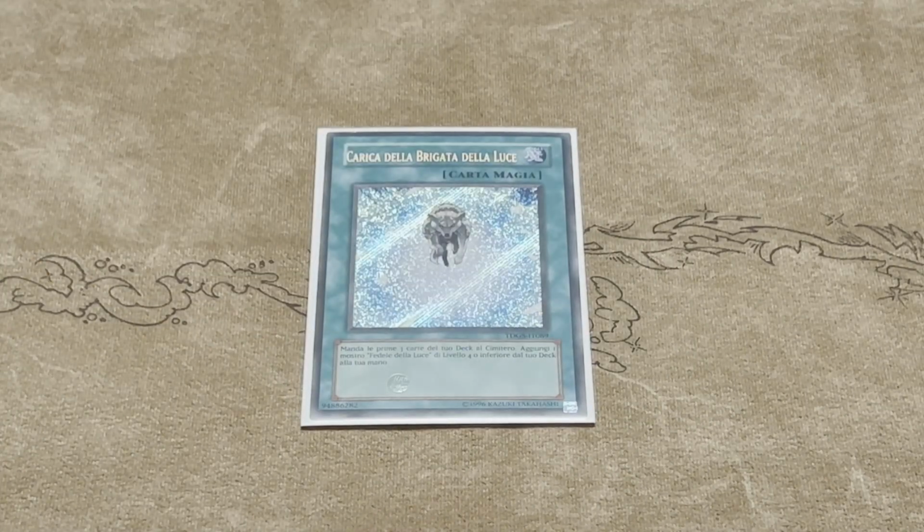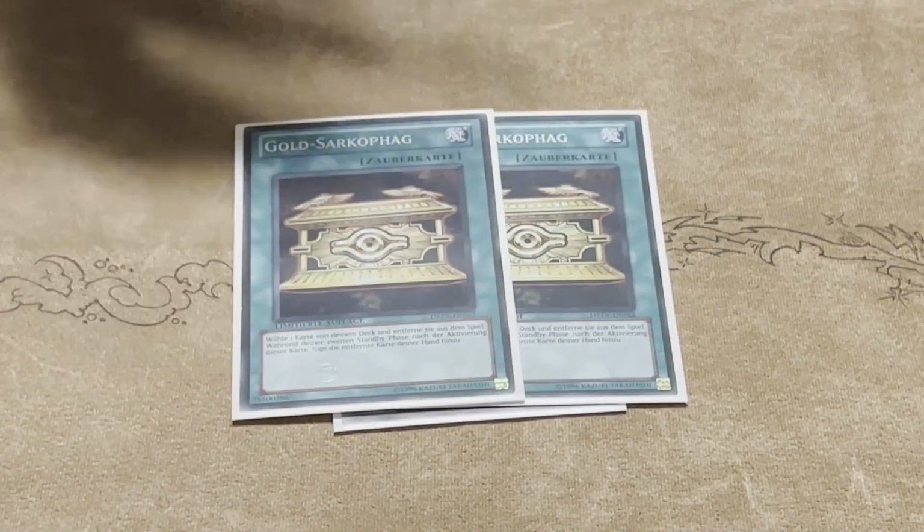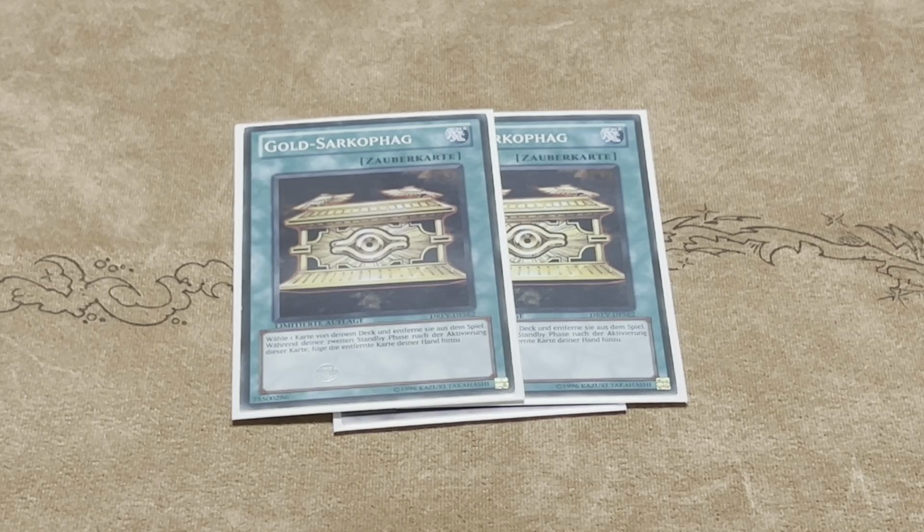We have Charge Light Brigade, of course, just searching anything and everything. Of course, we have so many targets in this deck since we're playing all the one-ofs. It's going to be very, very powerful for us. 2 copies of Gold Sark. Just search out your Christia, search out your JD. Really strong card. It's just going to win a lot of games in the early game, just on turn 1